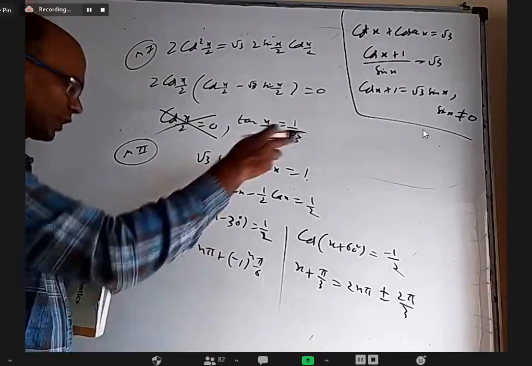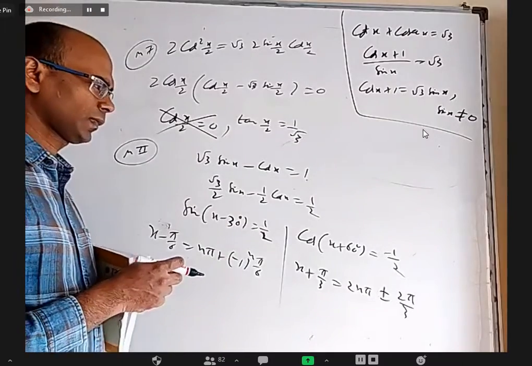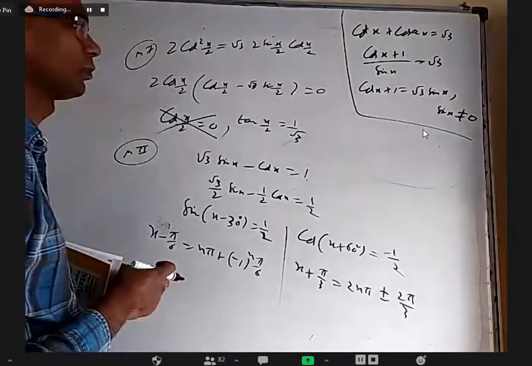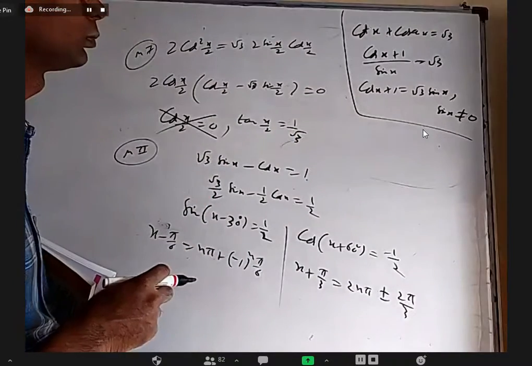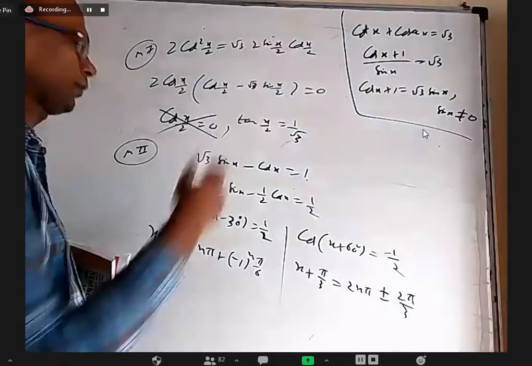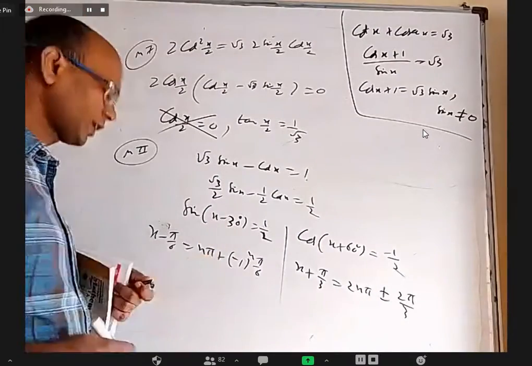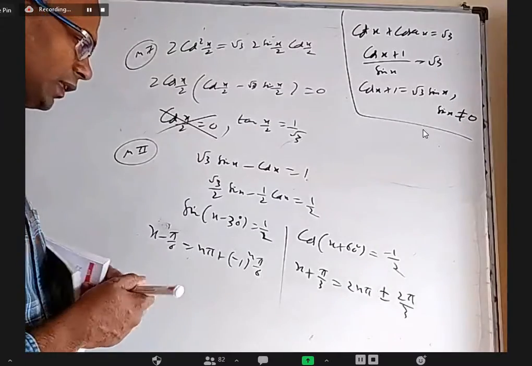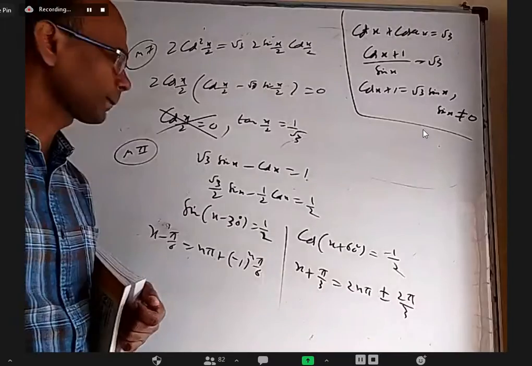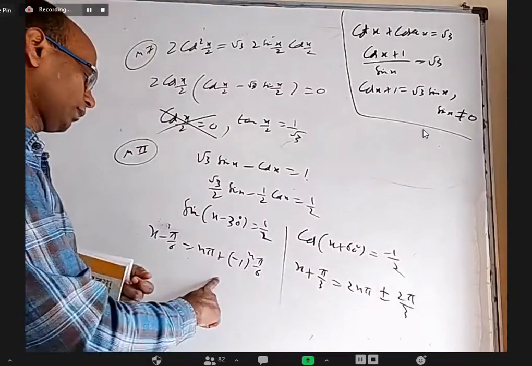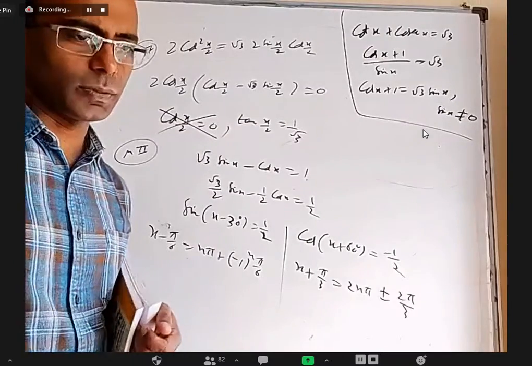Even here also you should understand somewhere sin x equal to 0 will be included. Okay. Where is it included? For example, x equal to 0. No, not in the domain. Okay. Sin x equal to 0 will satisfy, cos minus 1, 180 degrees and all may come maybe here. Okay. We have to remove those things. Here also it will come. When it is minus pi by 6, you'll get a multiple of pi. Odd multiples of pi have to be rejected.